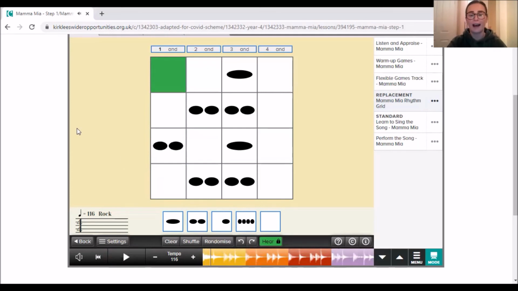Well done. How did you find that? Was it quite hard? Was it quite easy? It's a little bit of a step up, isn't it? Instead of seeing the words in the sentence that can help you clap along. So well done. That is quite tricky. So if you manage to do it, super. If you're struggling a little bit, don't worry. You might want to go back and redo this and have another go because it is a really hard rhythm. So well done.